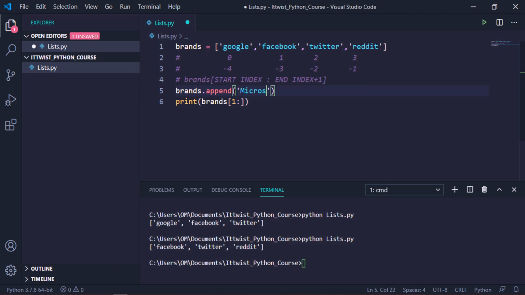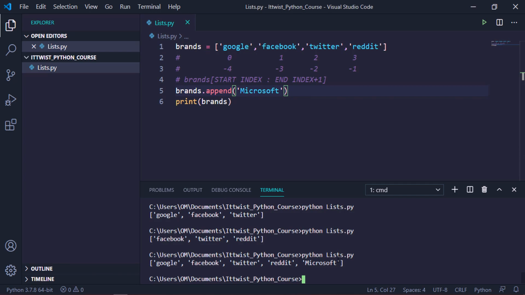I will write Microsoft and it will append it to the end of the list. Append will always add the element at the end position. If I execute brands again, you will see Google, Facebook, Twitter, Reddit and